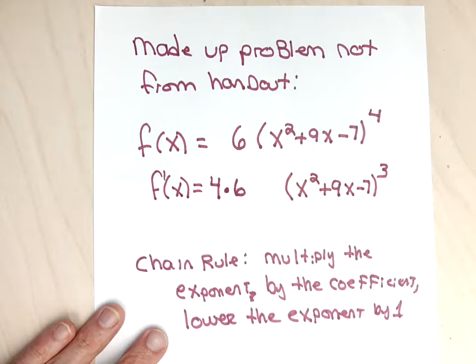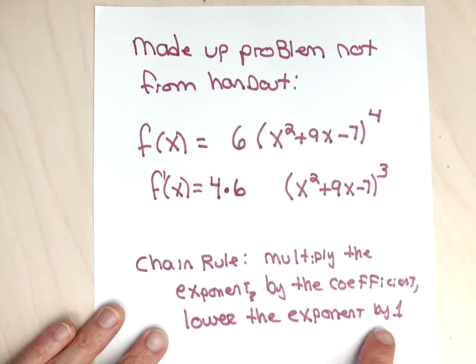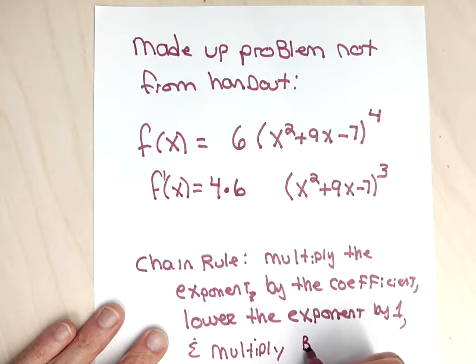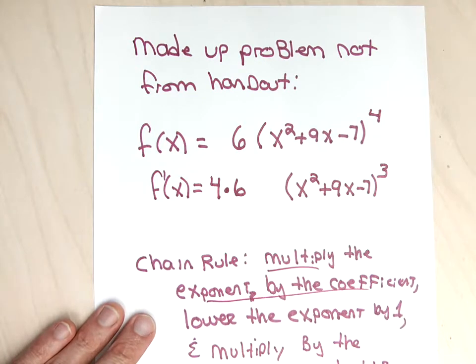To finish up the chain rule, after I multiply the exponent by the coefficient, the exponent being the 4, the coefficient, the number in front of the parentheses, 6, lowering the exponent by 1, and then multiply by the derivative of what is inside the parentheses. So there's just this extra step. If you have a parentheses with an exponent, multiplying the exponent by the coefficient we've done a bunch of times, lowering the exponent by 1 we've done a bunch of times, but we have the extra step here to multiply by the derivative of what's